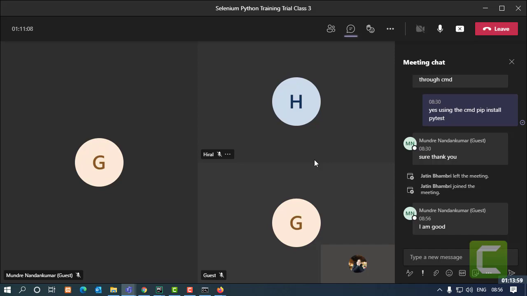So I'll request you to practice this. In the next session, we'll take our information to the next level so that we can start working with the automation of the URL, right? Because we need to interact with the web page now. We know how to open up the browser, we know how to go to the URL. Next step is to interact with the elements on the web page. So that we'll cover in the next session. Till then, do practice this, and thank you.